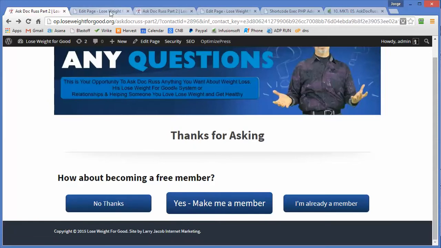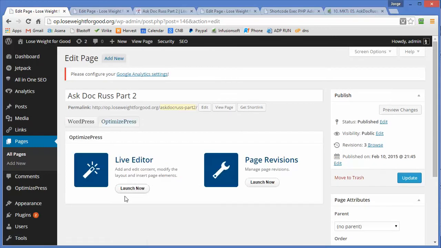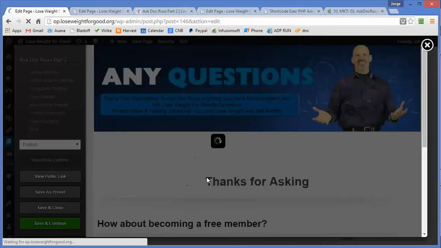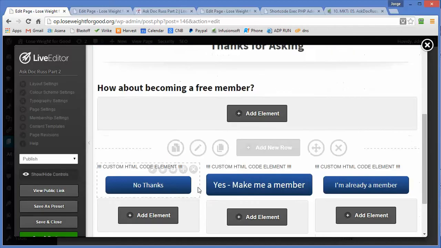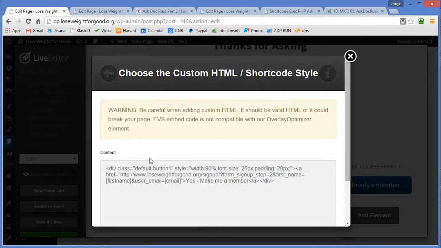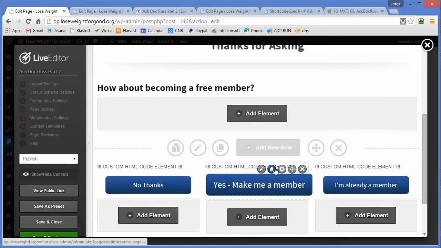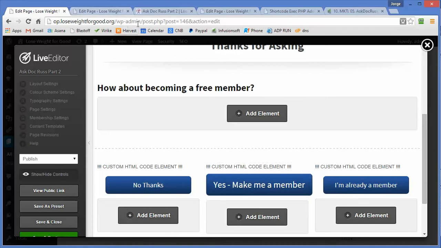So I'm going to edit this one, edit the page, and I'll go into this live. So we're going to go in here, and you'll see that there are these short codes. We have first name and email. Now the thing to keep in mind is that these editors don't like people putting PHP code into here, which can cause a problem. But what I need to be able to do is to take those first name parameters and the email parameter that Infusionsoft passed to this form,